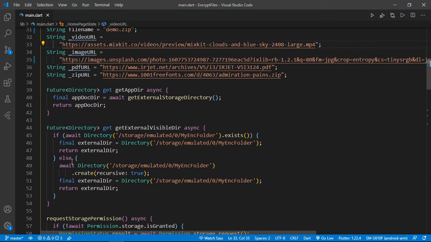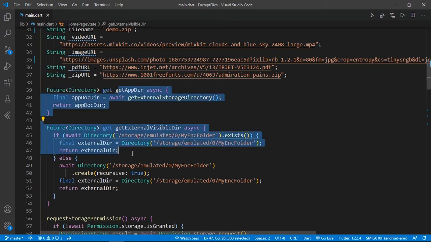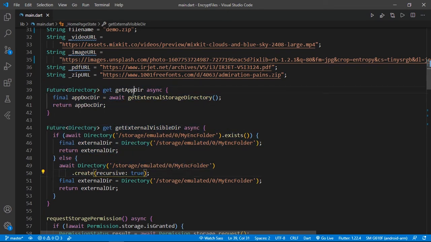Now our first step is to get the path to store our files, or create or read our files. Here I am going to use the getApplicationDir getter method, and the second one is getExternalVisibleDir. Why both? I told you guys I'm not going to use the external storage directory here, because our file will be hidden if we use this.